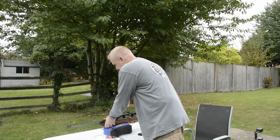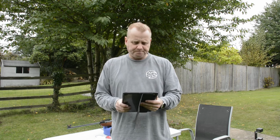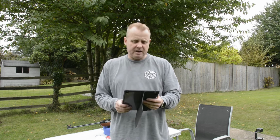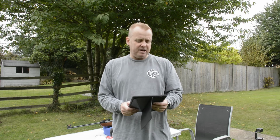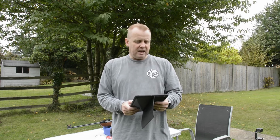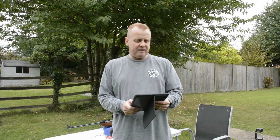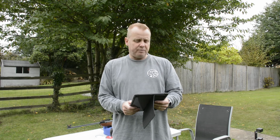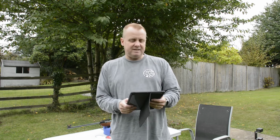What did I have done to this? I'm going to have to refer to my iPad for this. According to the Ratworks website, I had the Ultimate Springer tune done, which consisted of a complete strip, service and degrease, remove burrs and parts polish, a custom top hat spring guide to reduce spring noise, reset of the trigger, Delrin piston rings, compression tube honed, Delrin ring fitted to the outside of the compression tube, and lightweight piston modification. I also had a piston seal upgrade, and I had the red seal put in,